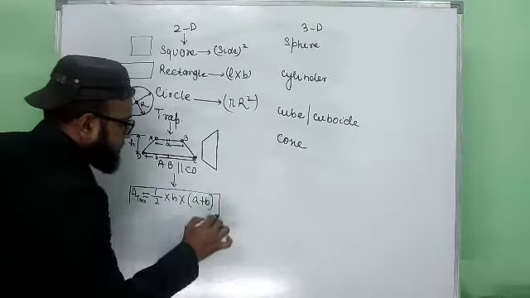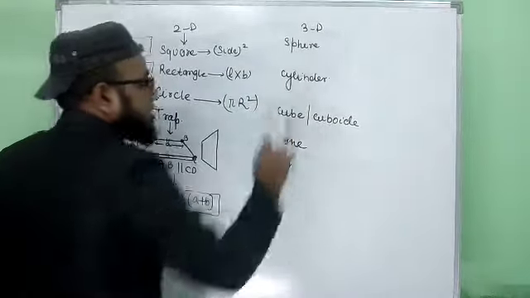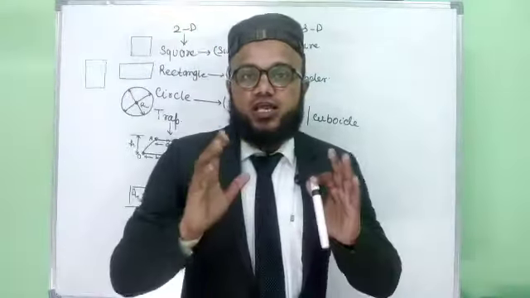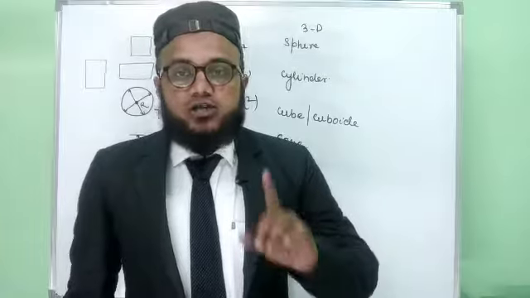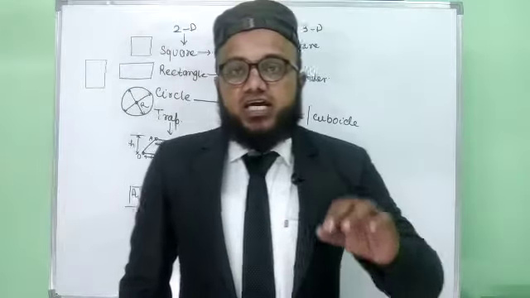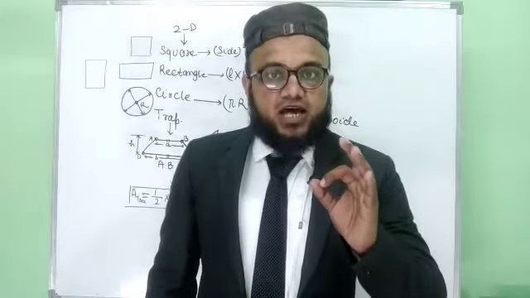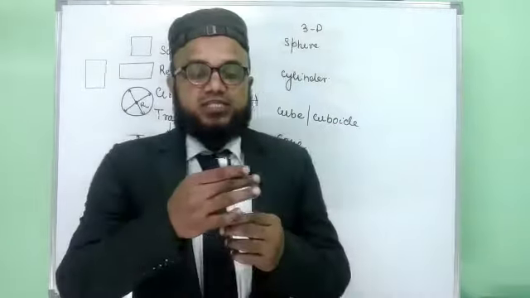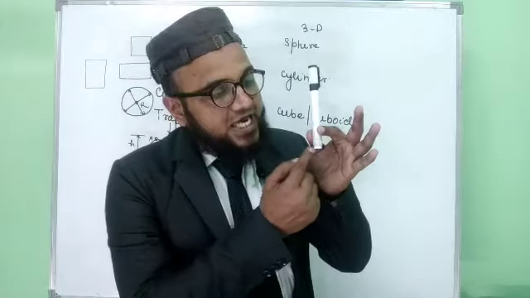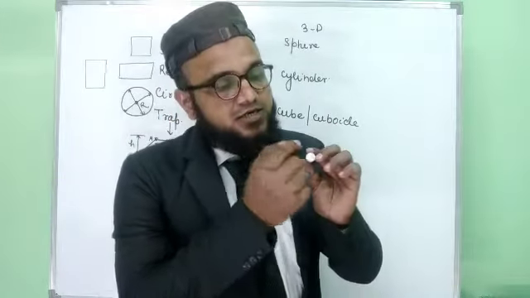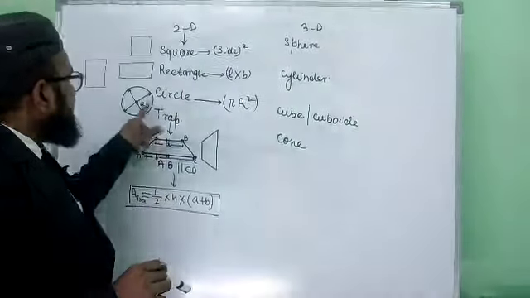But when the question is based on a three-dimensional figure, we have to read very carefully, because it may be asked about the curved surface area or the base area. Remember always, when finding the base area, we have to calculate the base area of a cylinder. Like this marker is a cylinder. So we have to calculate the base area. Here is the circle, like this, and the area of the circle is pi r squared.